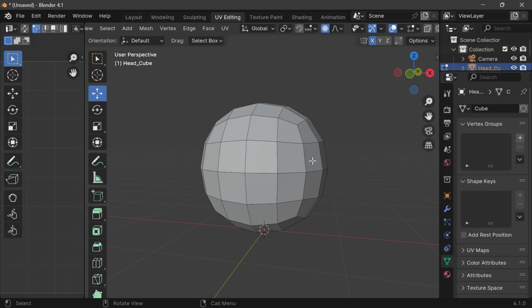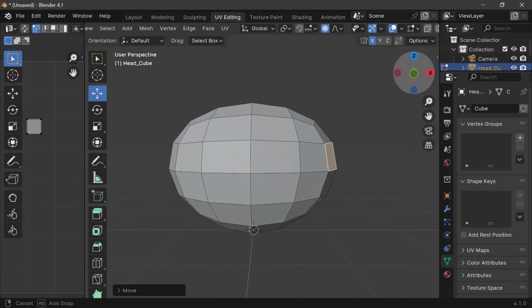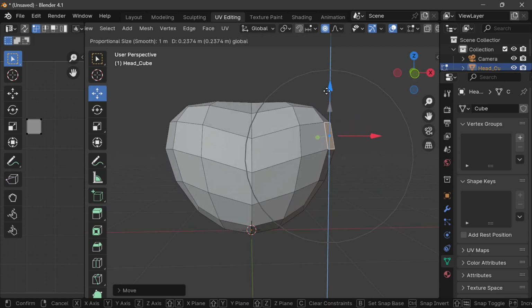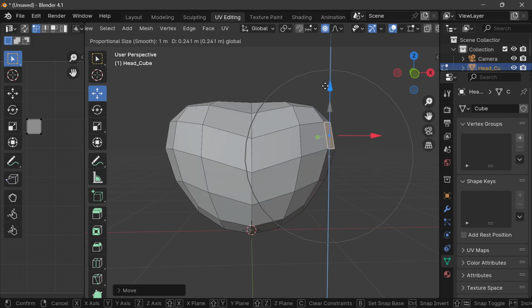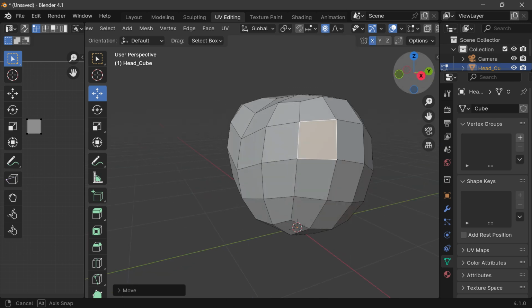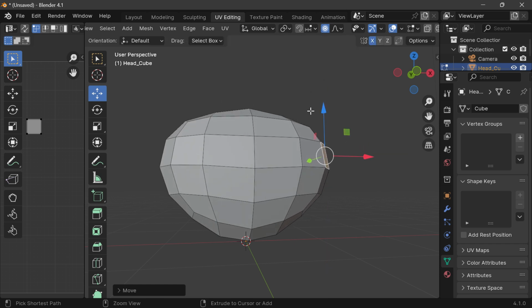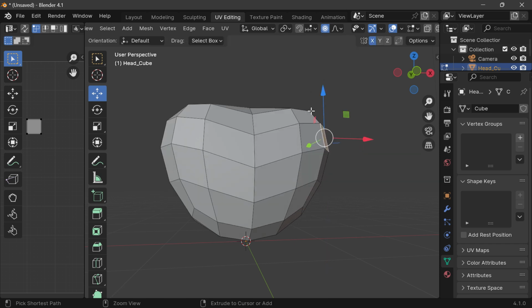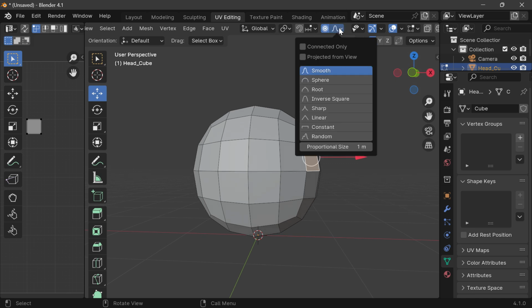And now what you're going to see is it's going to give us some nice stretch. And that's going to make it so much easier to do. So it almost looks like a heart. And then undo. So now with the proportional editing on, we can keep coming up here and we can change